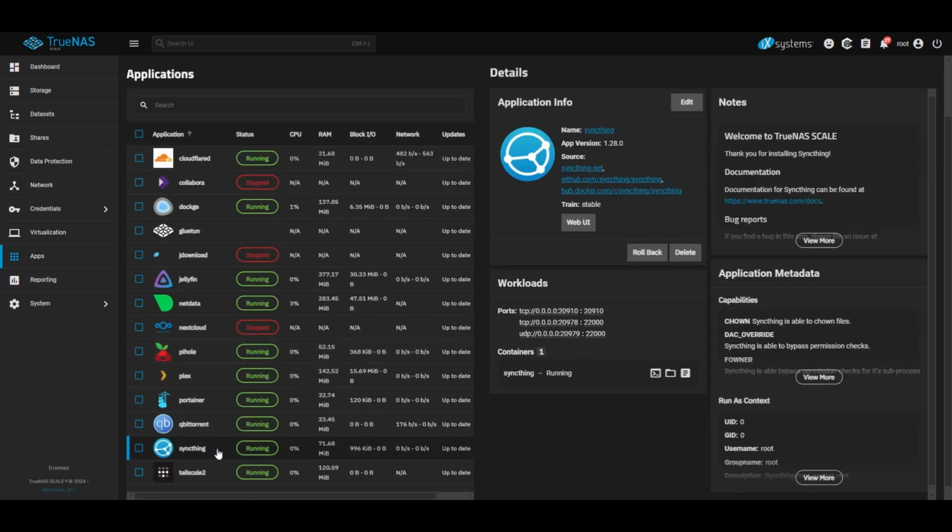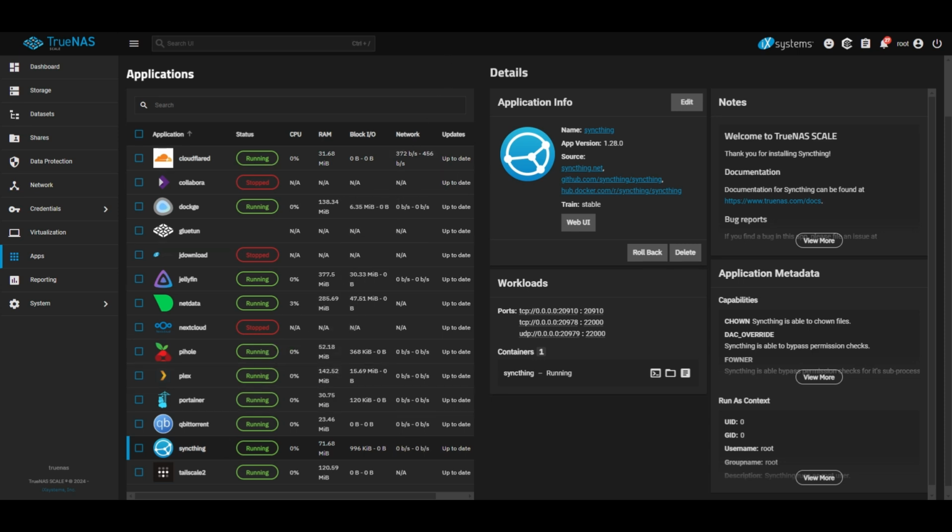Another app is this Syncthing. This is the file sharing, file synchronization application. I run this Syncthing on my laptop and on this server, and I can share a certain folder or dataset from this server to my laptop, and whenever I make any changes to the files inside that folder on my laptop, it will be automatically synced to the server. And whenever I make any changes on this server, it will be automatically synced to my laptop, and it's a very useful